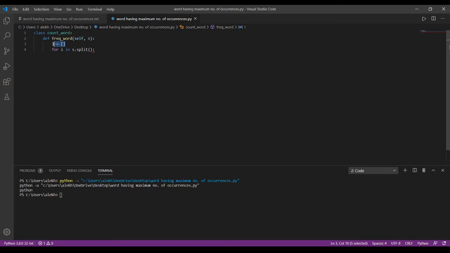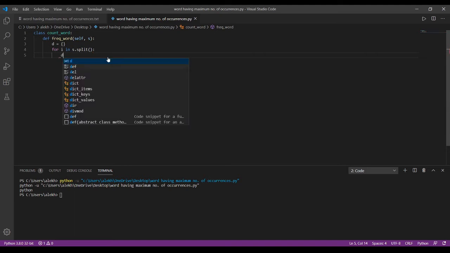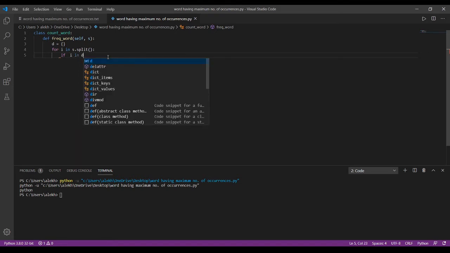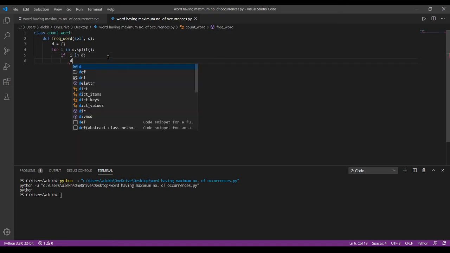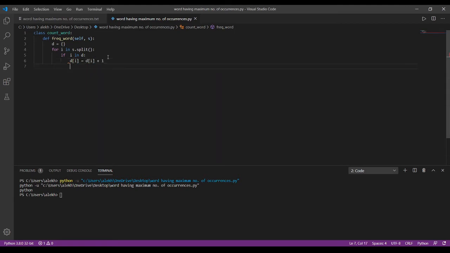Here actually we need to create a dictionary, so we are using d. Now we are creating: if the particular word i in d, d of i is equal to d of i plus 1, if i is not present in d, else d of i is equal to 1.